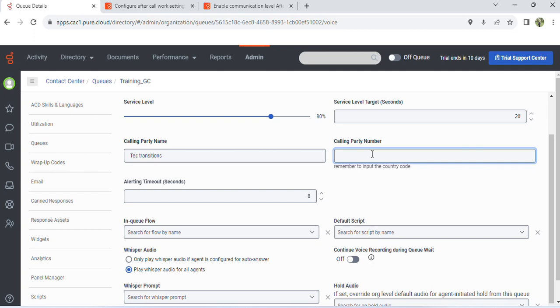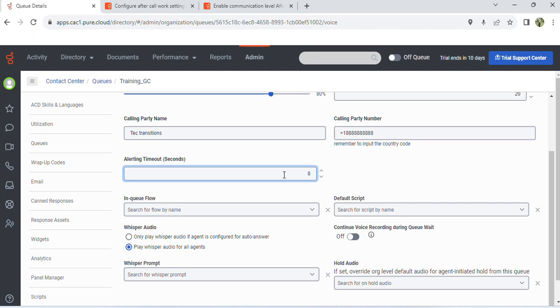Okay, so the calling party number that you can add. The 10-digit number you can add it. And then